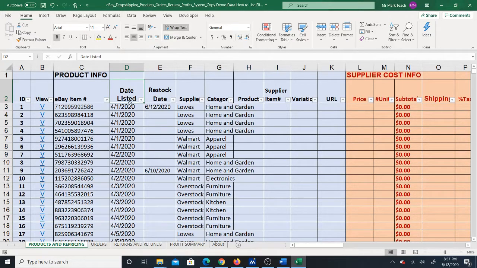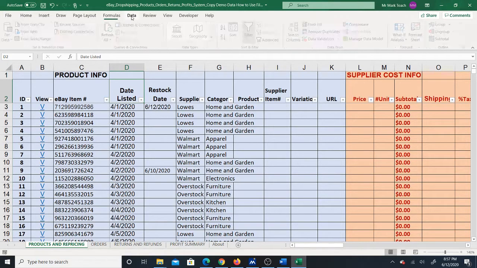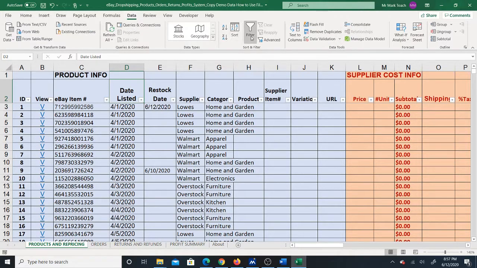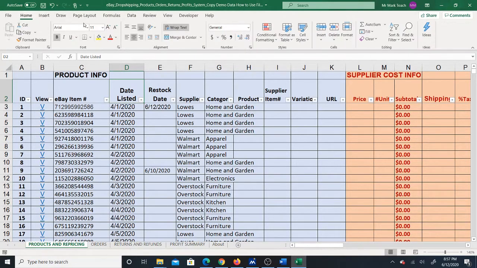And basically the main thing I want to go over here is how to use the auto filter. First of all, the auto filter is turned on from the data tab. You can click on data filter to turn it on and off. It's a toggle switch. It can be turned on and off. I'm going to go back to the home tab, and auto filter is useful when you only want to see